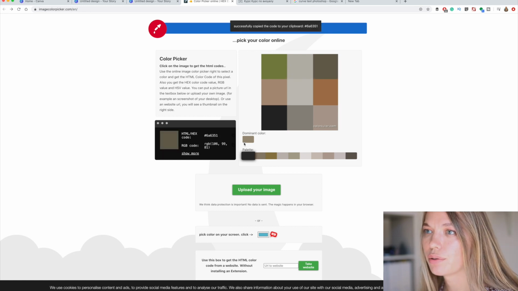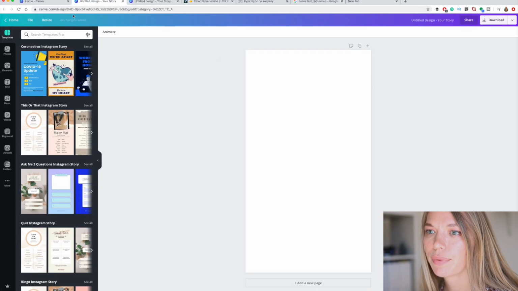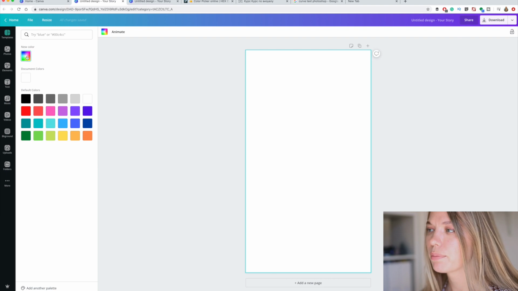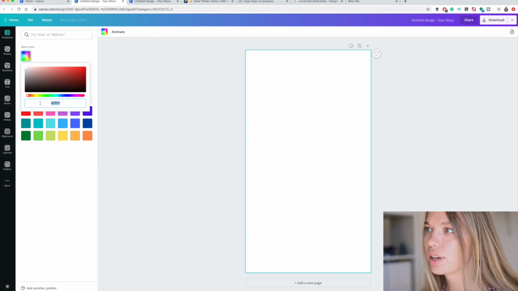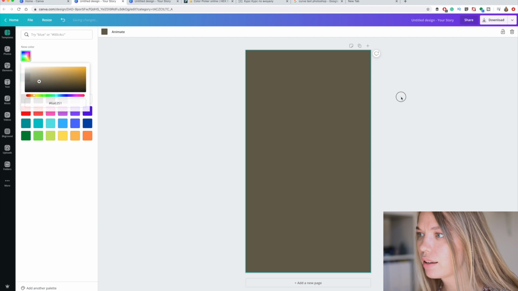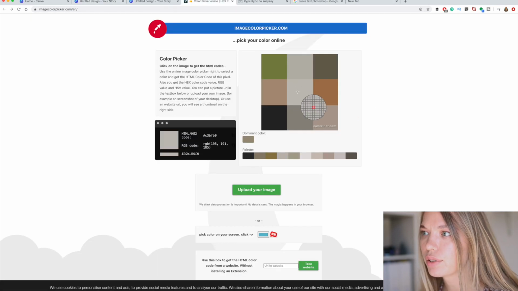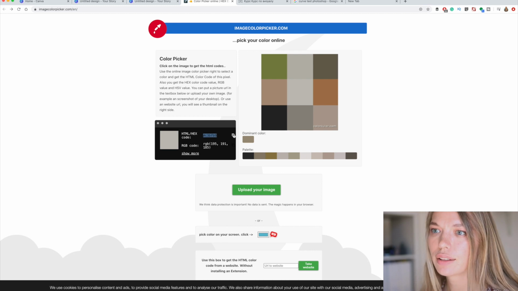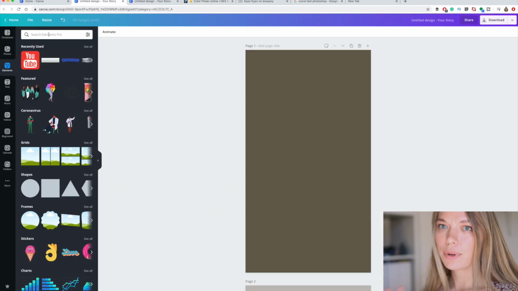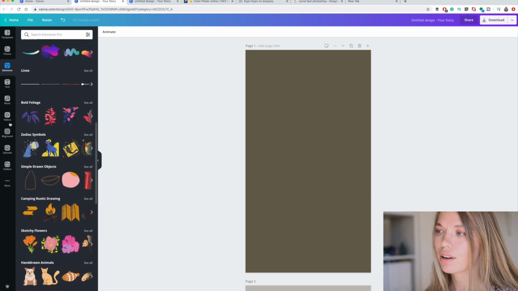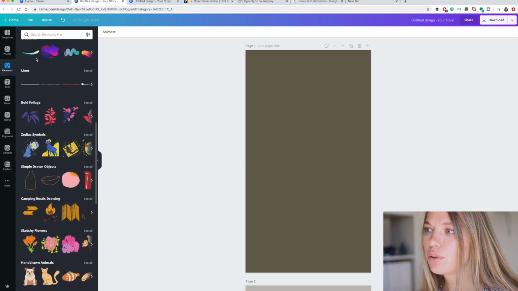And the next thing we're going to do is go to the colors and add a new color, and here we're going to insert the color that we just copied. We're going to do it like this for the next story, and we'll choose the next color like this, for example. I'll just again copy it and insert the color over here, the same step. So once you're happy and you inserted as many colors as you want for your covers, you can enhance it